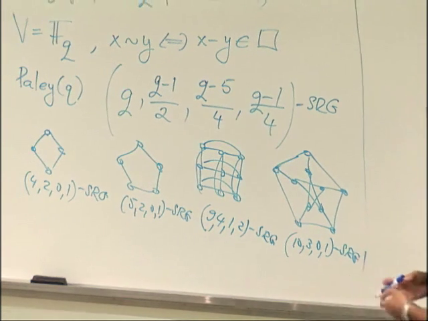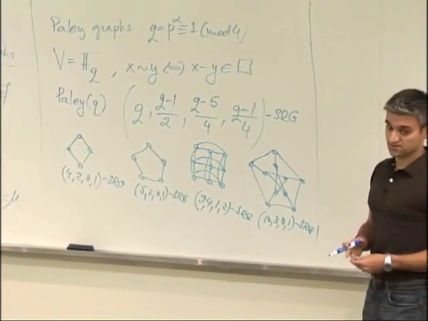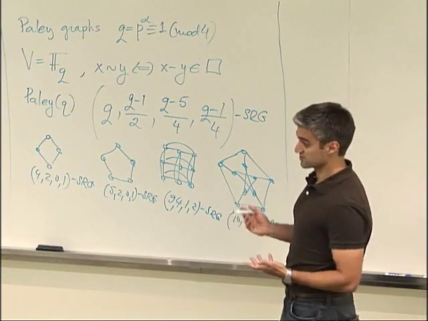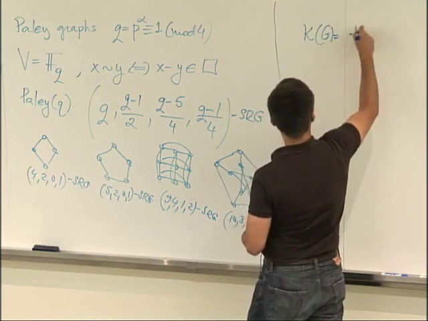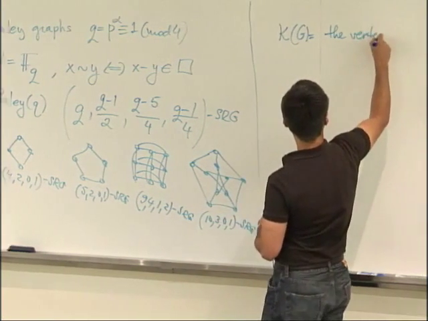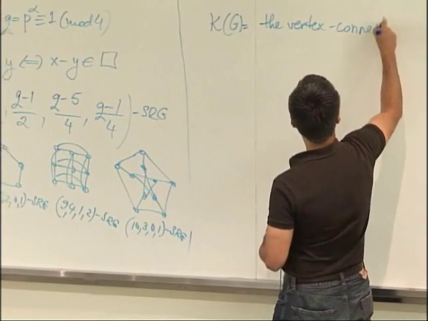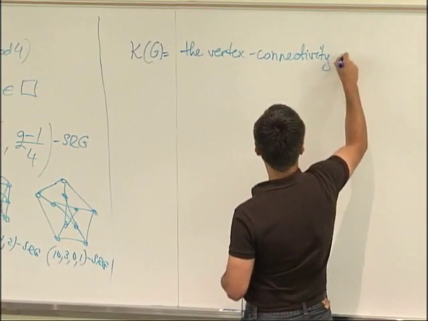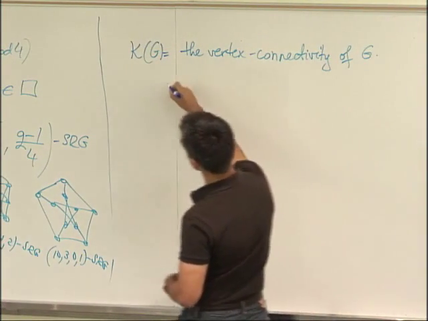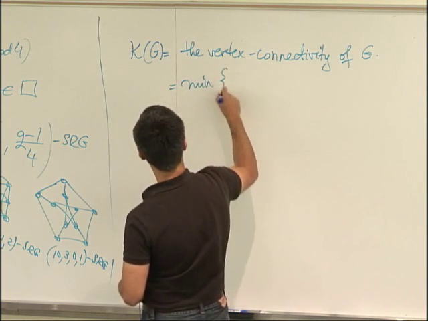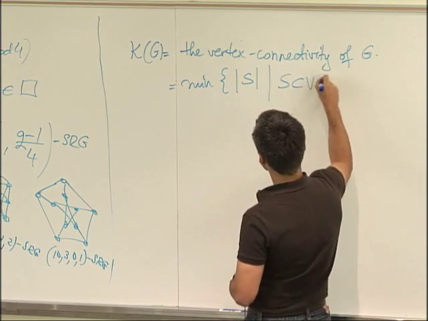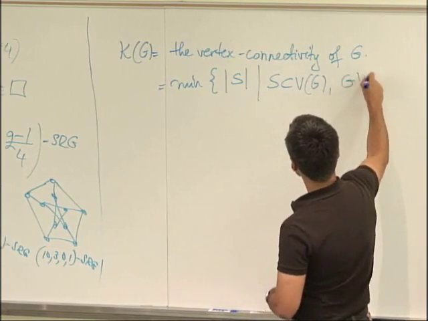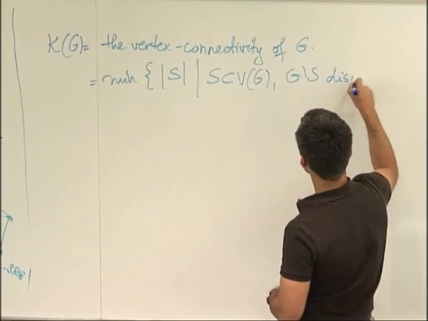There are many measures of connectivity for graphs. The one that I'll talk about is related to the vertex connectivity. So κ(G), the vertex connectivity of a connected graph G, is the minimum number of vertices in a set S, a subset of vertices of the graph, such that G minus S is disconnected